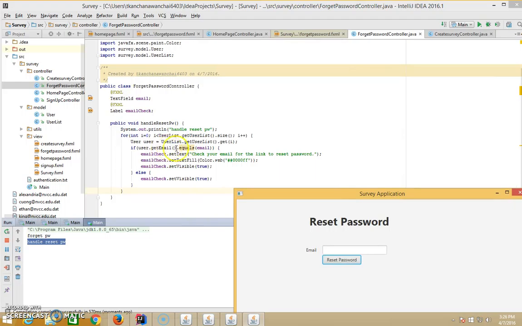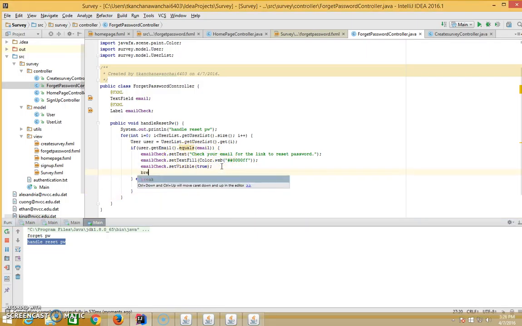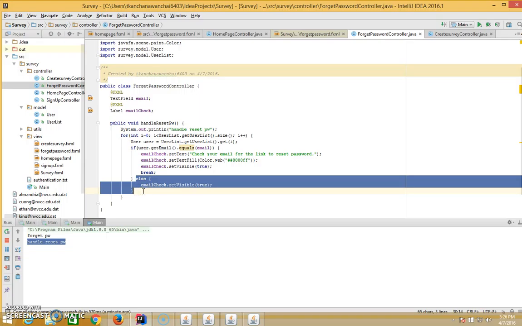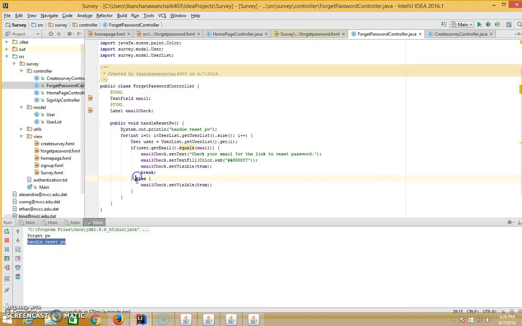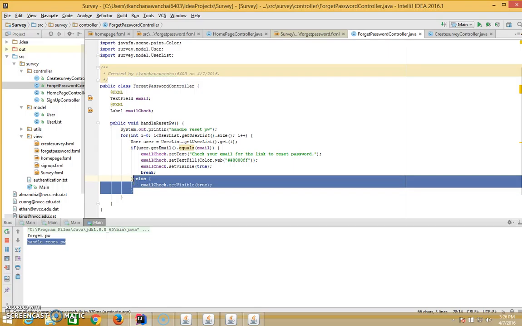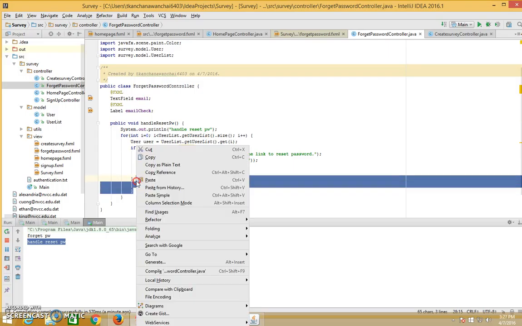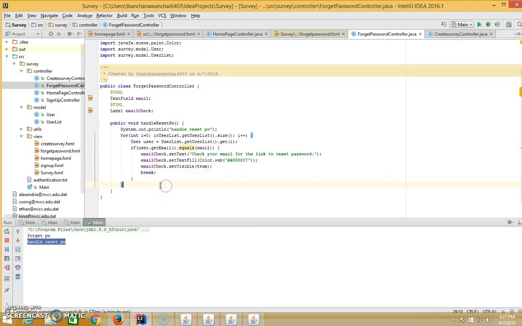So if user.getEmail equals email, we just show and we have to break. We don't need to loop anymore. We only check once and break out, correct? Because we found it. But else, you don't want to do that all the time. So the logic is not right. Because when you check the first time and don't find it, it doesn't mean that it's not on the record, right? You have to make sure that